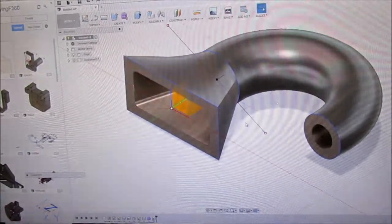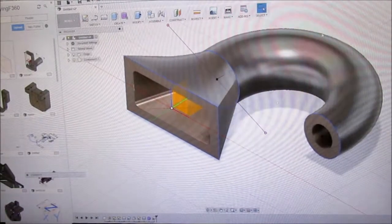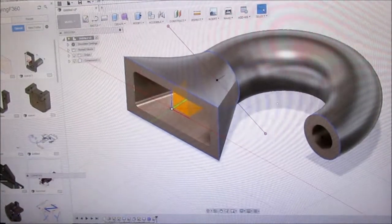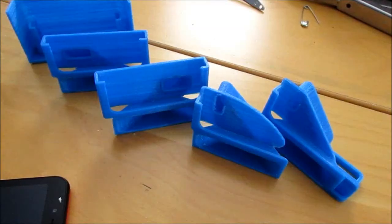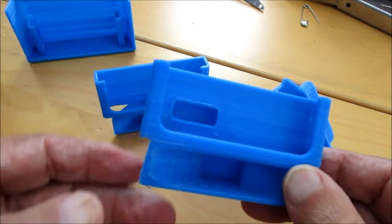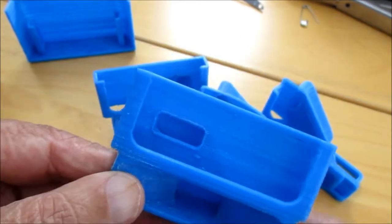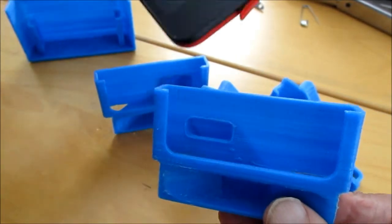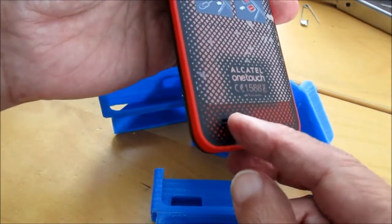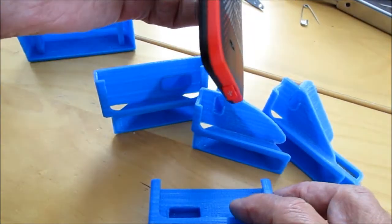So the next stage is to adapt these to the dimensions to suit your phone, and that's where the problems arise. Okay, so now we come to the serious part of designing the cradle to suit your phone and the dimensions of the phone. So you have the speaker on the back there, and you measure it, but